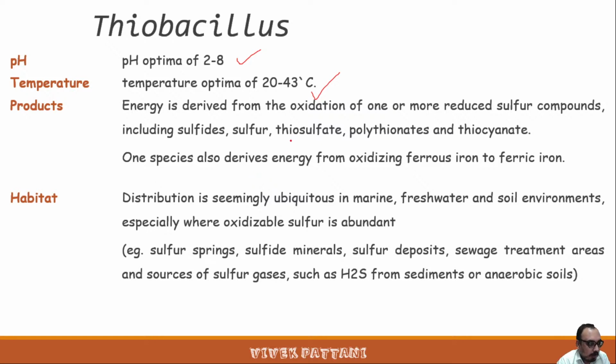The distribution is seemingly ubiquitous in marine, freshwater, and soil environments, especially where oxidizable sulfur is abundant, for example sulfur springs, sulfide minerals, sulfur deposits, sewage treatment areas, and sources of sulfur gases such as hydrogen sulfide from the sediments or